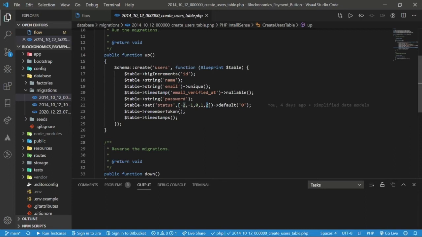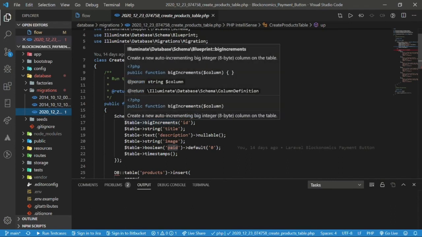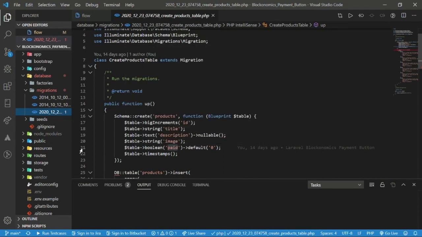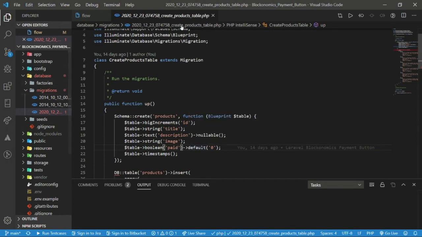So the users with a status of 2 are premium users, and premium content should be displayed when these users are logged in. We also have a very basic products table where we store the details about the products in our database. An important field over here is paid. If paid is 0, that means this product should be displayed to standard users, and if paid is 1, then this product should be displayed only to the premium users. So this was all about the database.